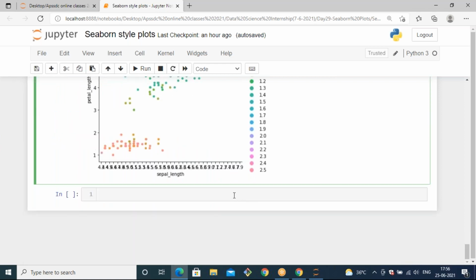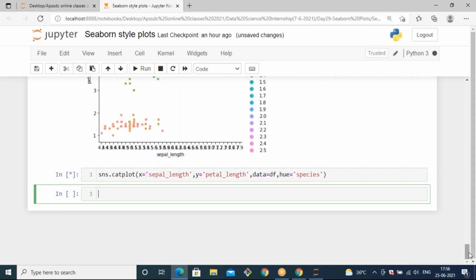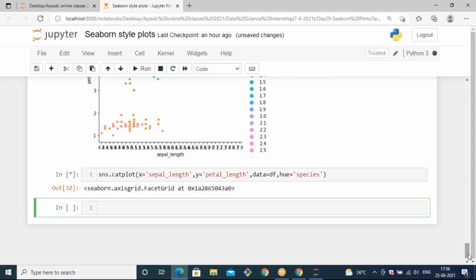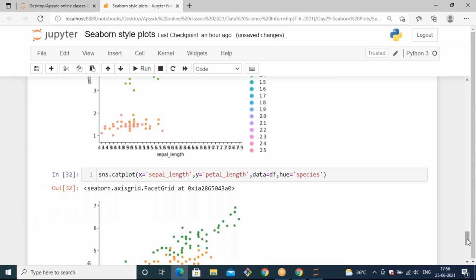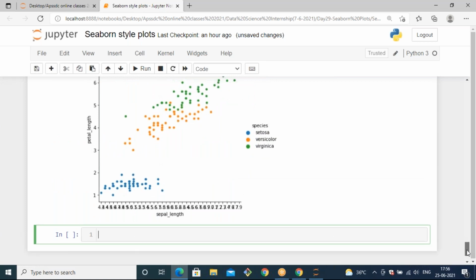And let's see some other parameters that can be supported by catplot. Here I'm just taking species only. By default, catplot will use a strip plot to generate a plot. If you want to change your plot, you can change it.